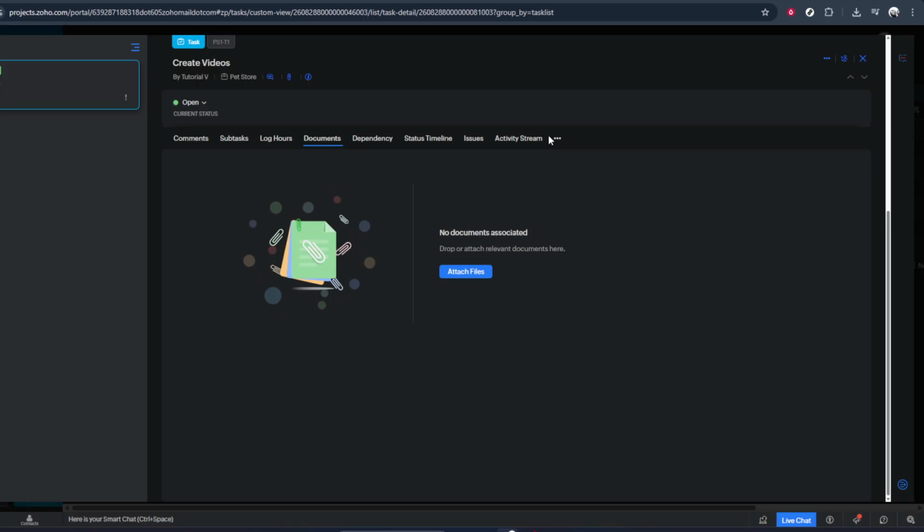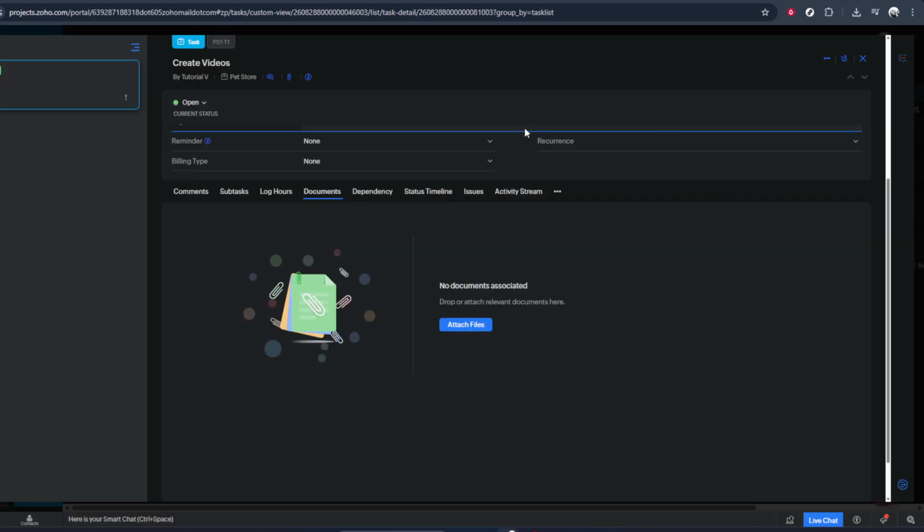Follow the on-screen prompts to select your file. Browse to the correct folder on your device. Choose the file you want to upload and confirm. Wait for the upload to complete, and you should see the file listed under the attachments for